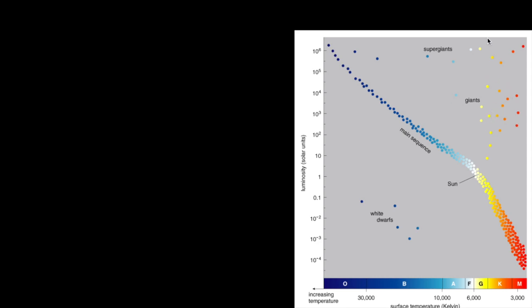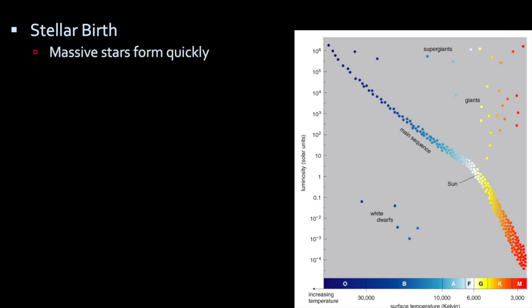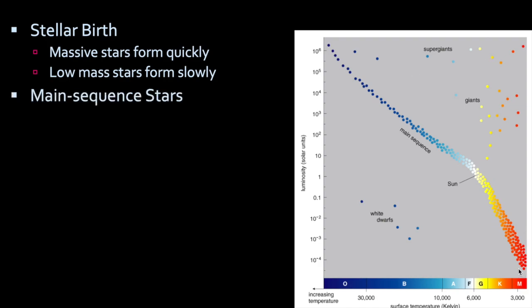You can see some giants, this is where they would lie, some supergiants, the white dwarfs would be down there. And all this, I'm not going to spend very much time on this, but all this comes because of their different properties. So massive stars, these O, B, A stars, form very quickly, and because of that, they also die very quickly. They use up their fuel, and they leave the main sequence a lot faster. Low mass stars, these ones down here, they form a lot slower, and they also last a much longer time,